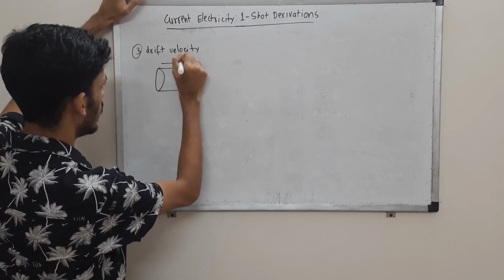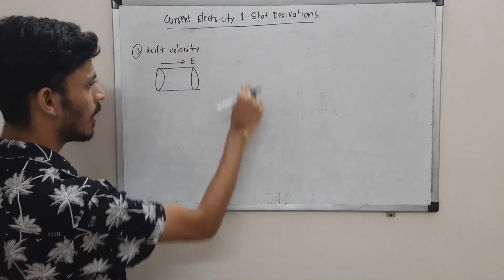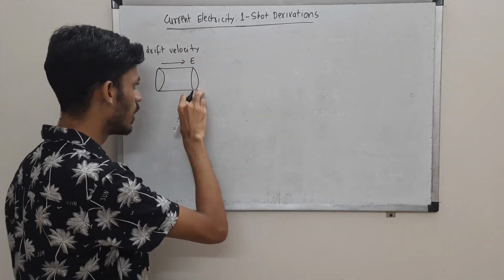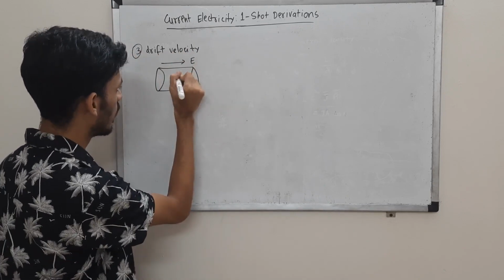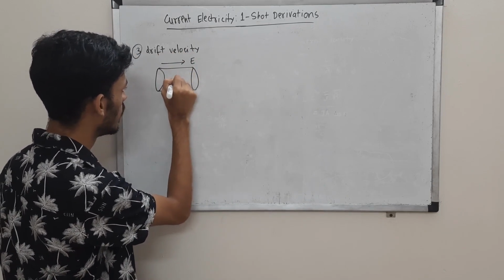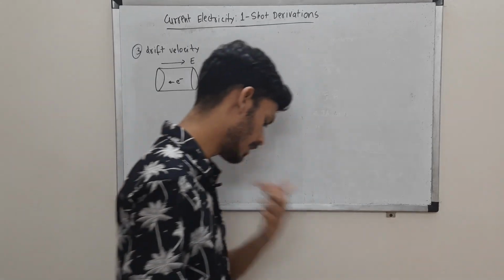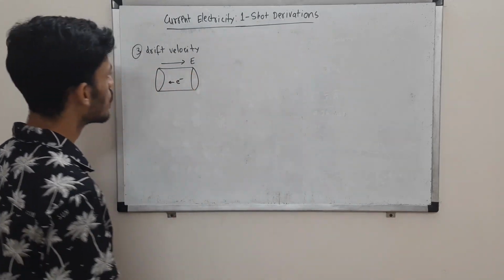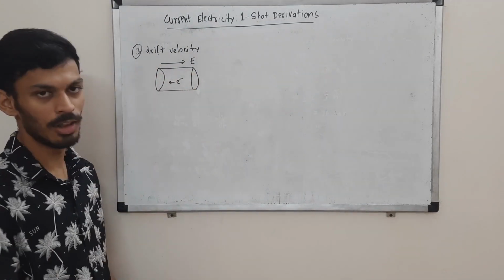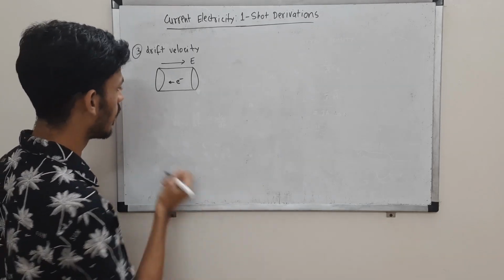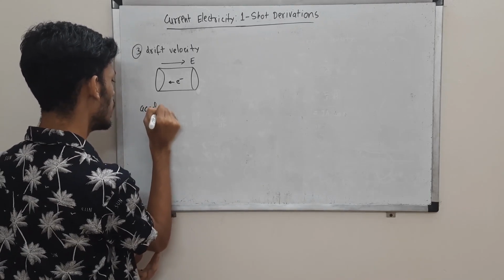Suppose we have an electric field which is set up due to the supply voltage applied to the conductor. Then if the electric field is like this, electrons will move in the opposite direction, right? At least that is what we assume. So the acceleration on the electron due to the electric field